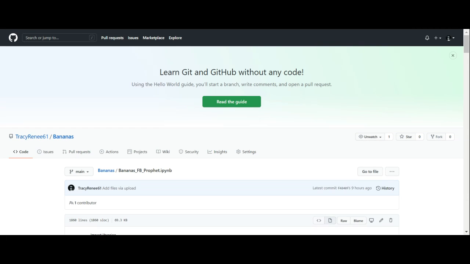Crystal here. I decided this morning that I was going to make you another video on multiple time series analysis organized by group, because I was working on it yesterday and I decided to work on another data set. This is a data set of bananas that I got from the UK Gov website. So we'll go ahead and do a code review on this data set using multiple time series analysis by group using FB Prophet.